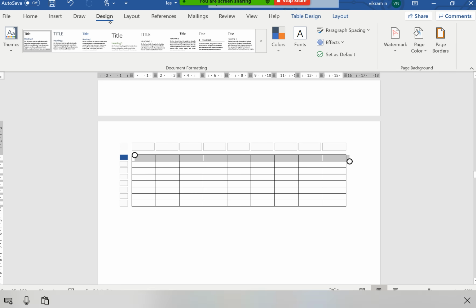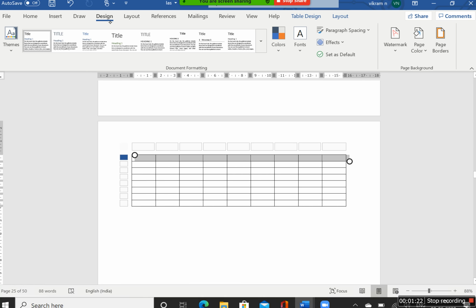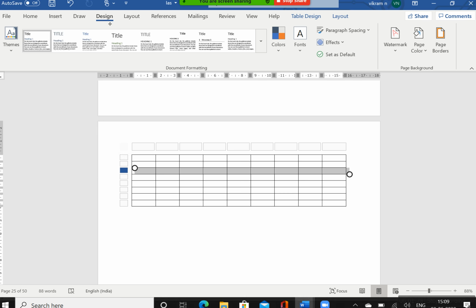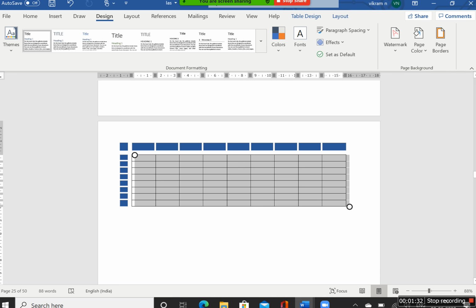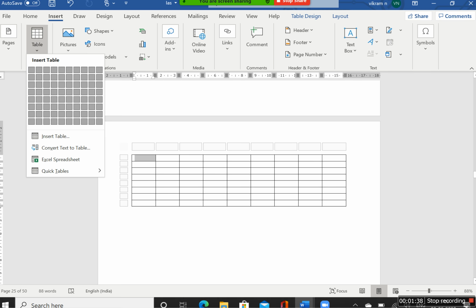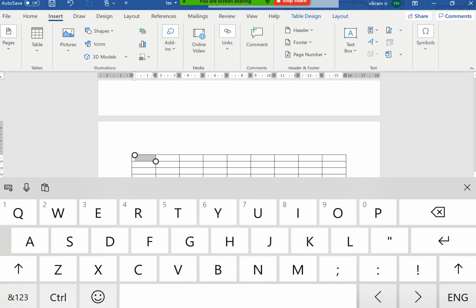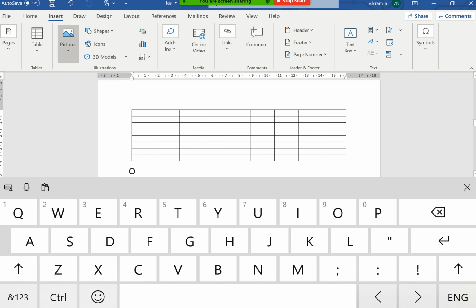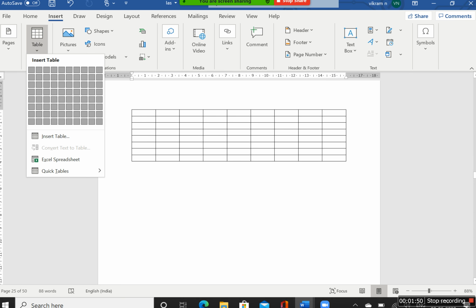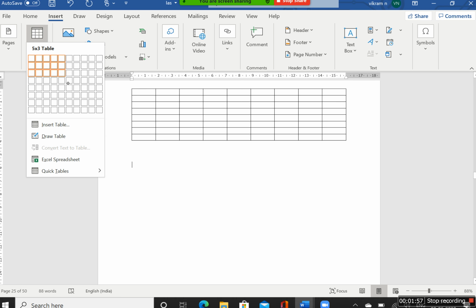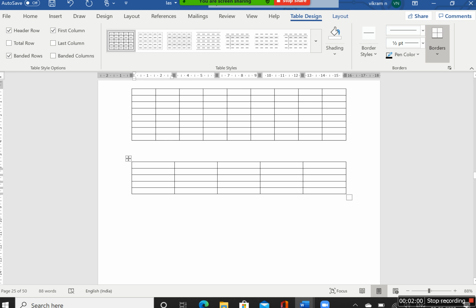I mean to make the tables in a beautiful way, you need to select the table. See, like this we can insert the table depending upon number of rows and columns.